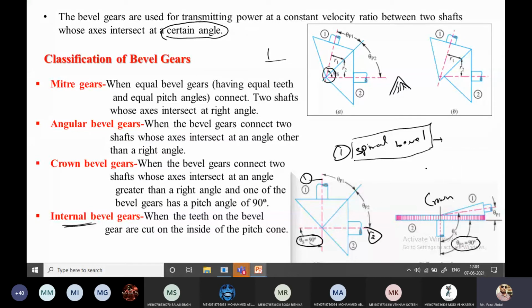Okay, and the spiral bevel gear. Spiral bevel gear is nothing but the shape is similar to this miter gear, but the teeth are having some inclined positions. So I am drawing it here. In this manner teeth are going to be produced. So the teeth are in a curved manner. So the application is to apply the gradual load application. These spiral bevel gears are useful, and particularly the spiral bevel gears are used in a differential gearbox of heavy vehicles. So these are the classification of the bevel gears.